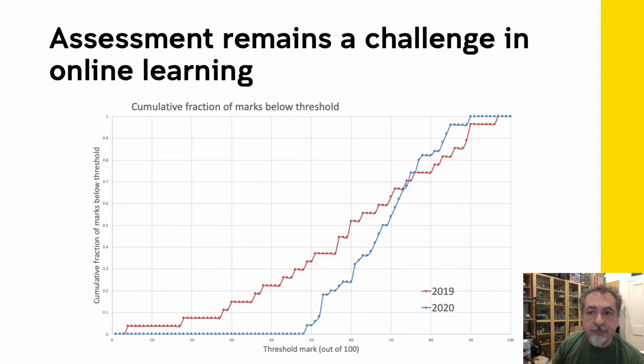As an illustration, I have plotted here the cumulative distribution of marks for two very similar exams. One in 2019 was face-to-face and invigilated, and one in 2020 had to be moved online at reasonably short notice. Because the exam was moved online, I made it a little bit harder, and it shows in the distribution of marks at the top end, but at the bottom end, the marks have wildly improved for most of the class. Now, there could be many possible explanations for this, and I'm not claiming that some students were cheating, but it does show that online exams are different.